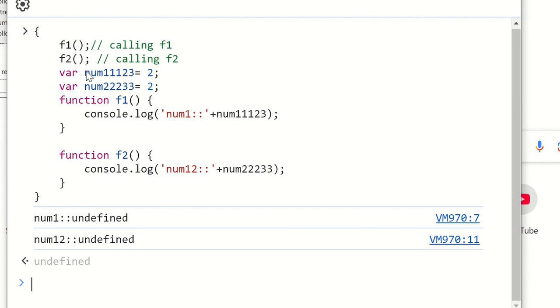Whenever we call a function first, that is a bad approach. Whenever we call a function, we first need to declare and define it at the top of the code. Otherwise, by default, due to the hoisting concept, it will be defined at the top, so the output will not be what you expect. So you can understand that is the hoisting of functions. And if you want to be strict, what you can do? You need to add